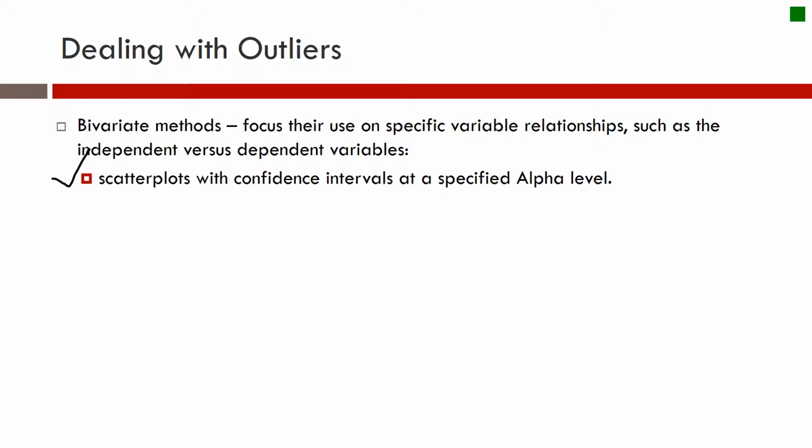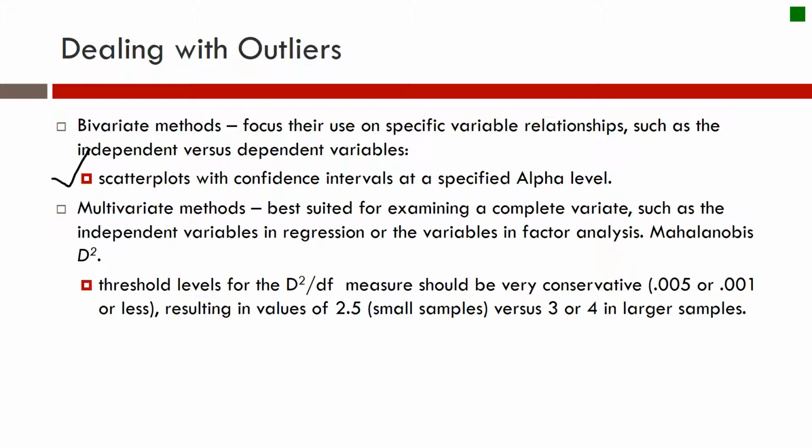A scatter plot is a graphical depiction of the relationship of two variables, and you should see the actual responses grouped together, but then every once in a while you'll see a response that's way outside of the grouping. And so the scatter plot will give you an illustration of what might be an outlier, or what variables you might want to consider as an outlier.